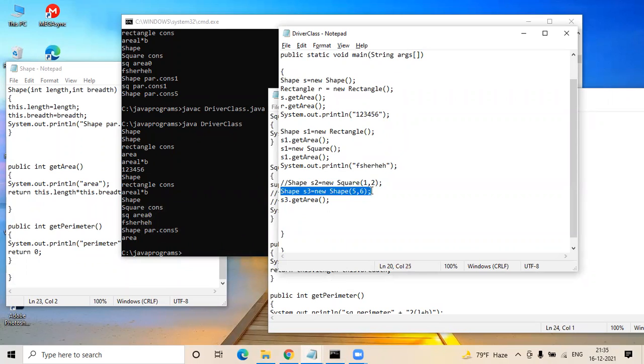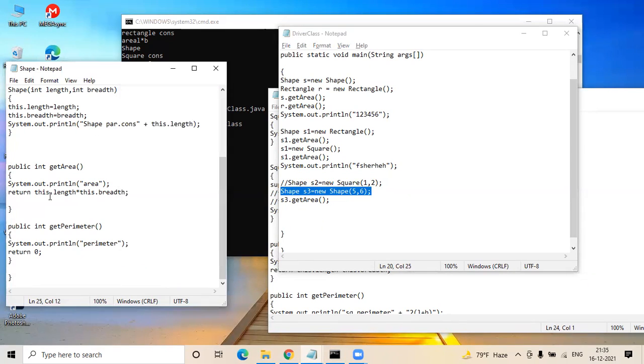So the shape constructor has only length and breadth, and the shape parameter constructor is where I'm printing only my length, and that got printed. And within this area, I'm just printing system.out.println area, but I'm not assigning this value anywhere, right? If I print this in sysout, I would have got my area.